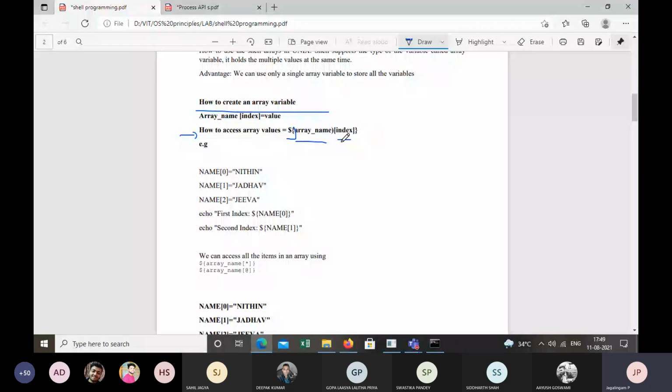Suppose if you want to access all the items in an array, then the syntax is dollar symbol, name of the array, and then you can use this star or this at symbol. Yeah, at symbol. Now let us try to see how we can do this.